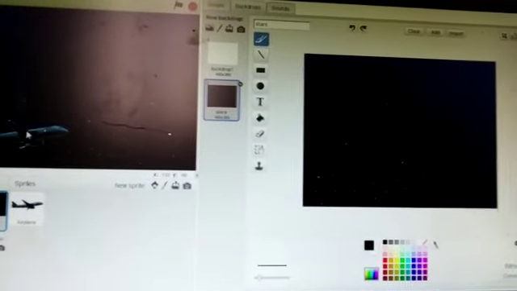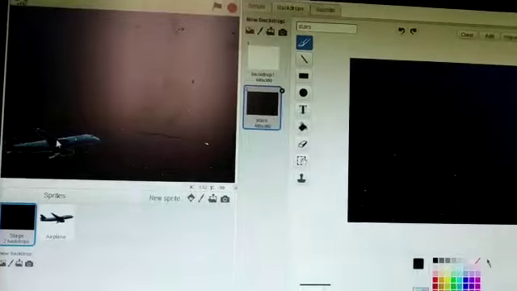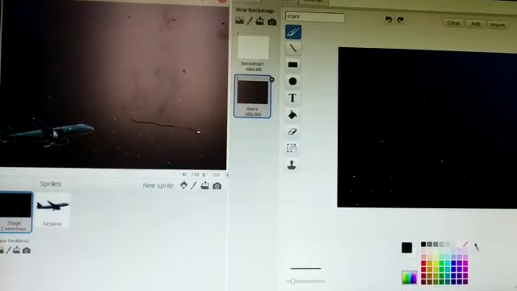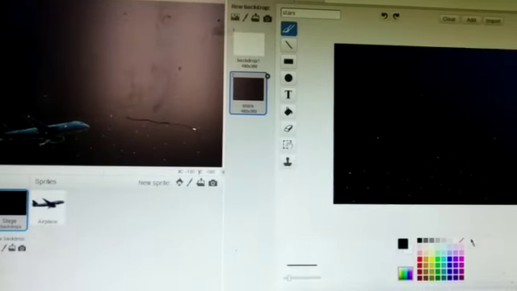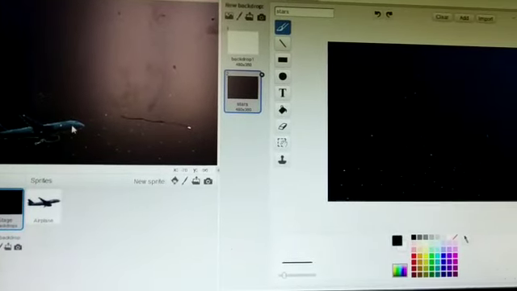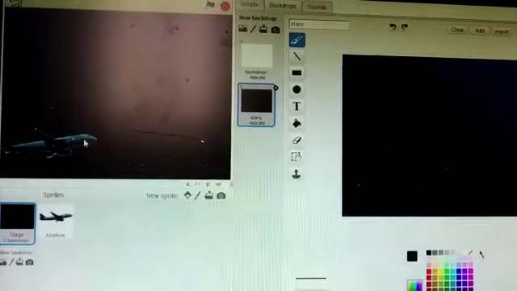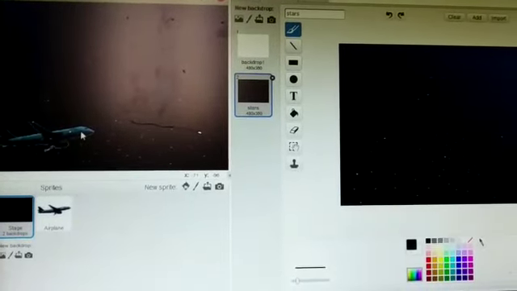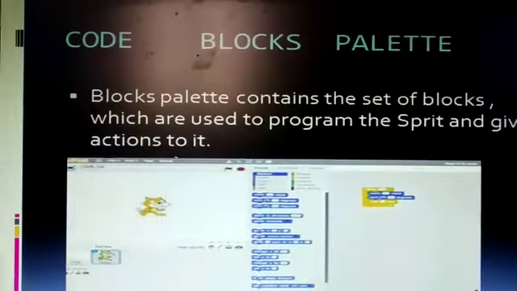You can see this plane looks like an aeroplane is in the sky, and so many stars are here. In this way we can insert a backdrop or sprite in our project.